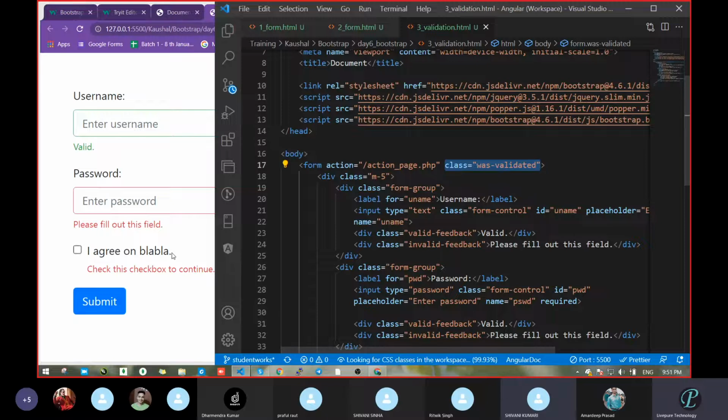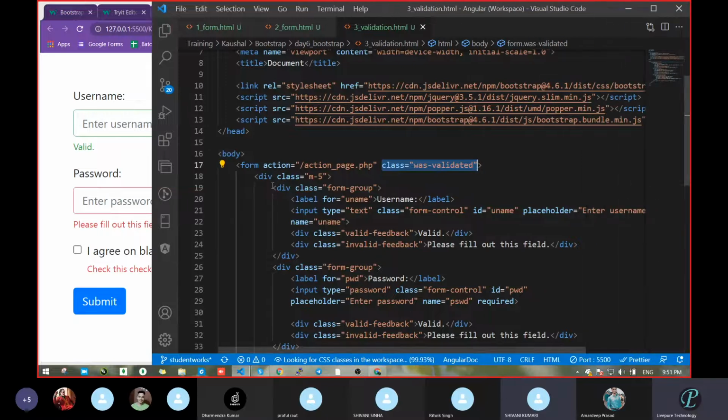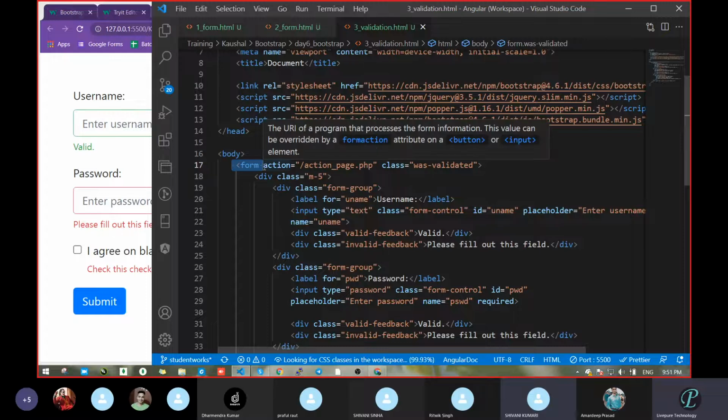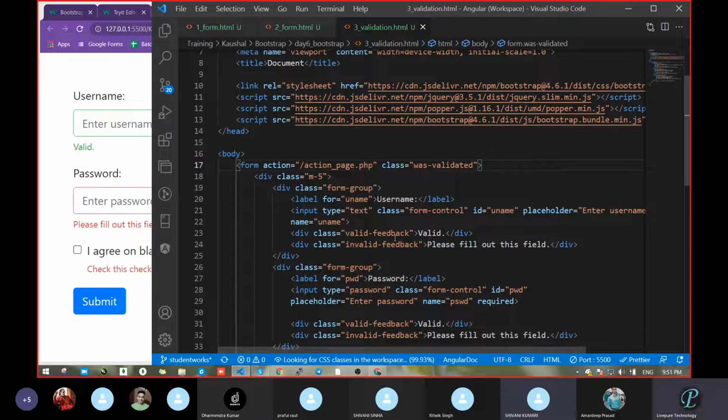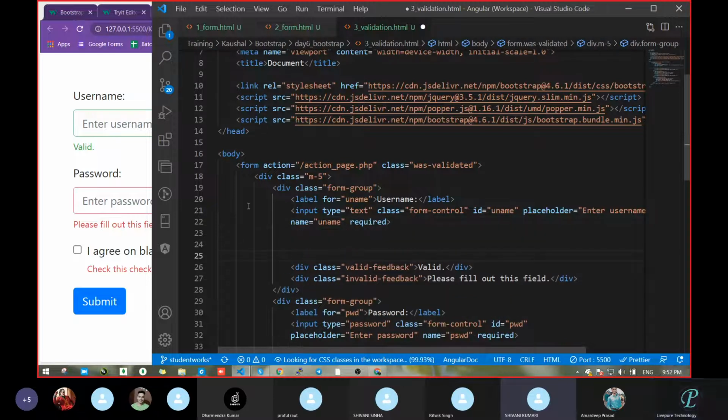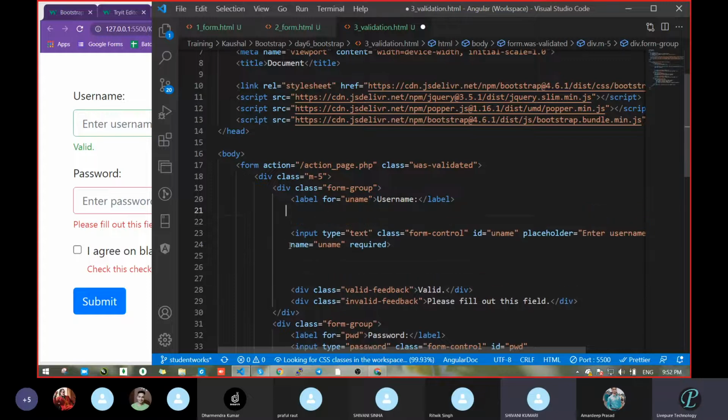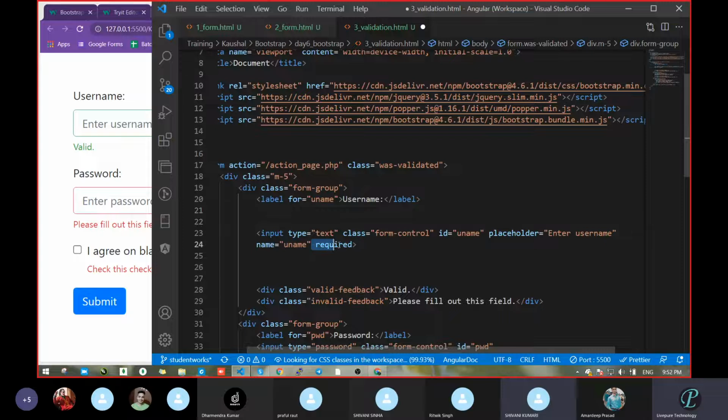Actually, I will tell you one thing. Why are we taking the form tag? With the tag form, this required property is available, whatever we passed in the input. So first let's go line by line, just wait, then we will move on to that. In input, what we took extra is just one line, that is the required property.